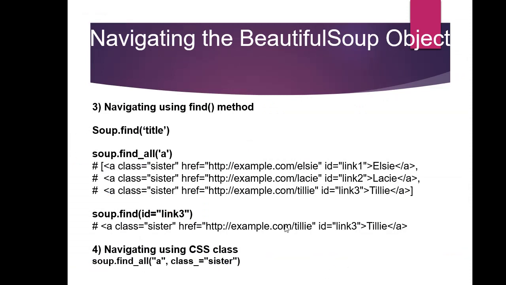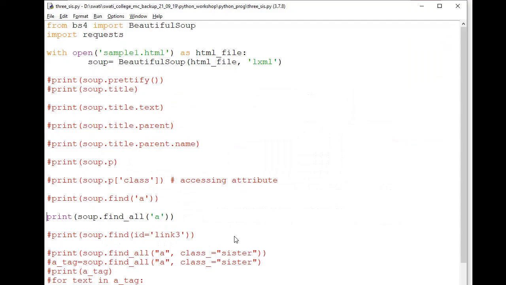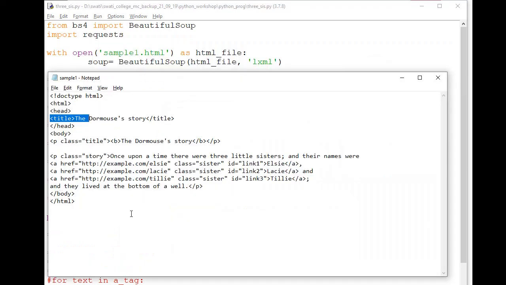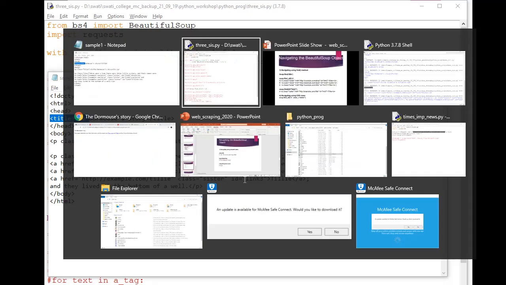Next, we can specify some attribute value as well. In find, we can specify the attribute value as well. Here the anchor tag is having an attribute called id. So using the attribute, we can find a particular tag.